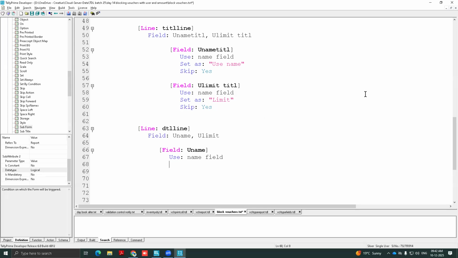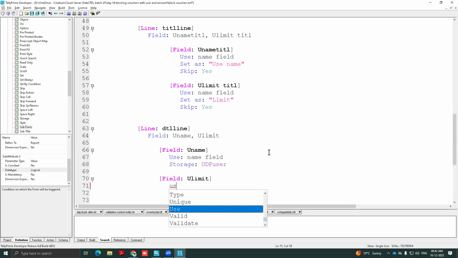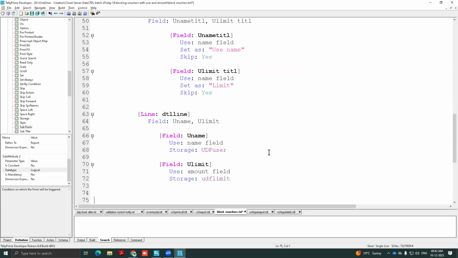And now the user wants a list of table. Okay, user table and storage. So first I'm going to store this. Store UDF user, table. First I am not writing a table here. Let us see what happens, and then we add one by one. U limit is the amount field, and storage is the UDF limit. So we have two storages. So here we are typing